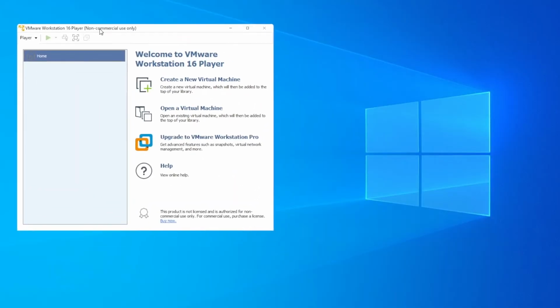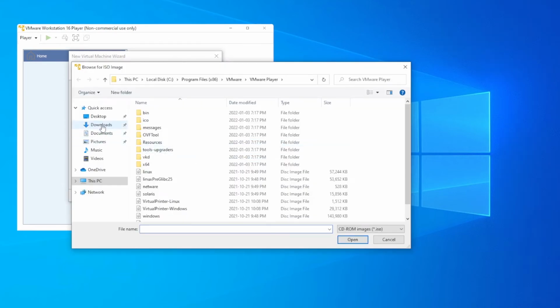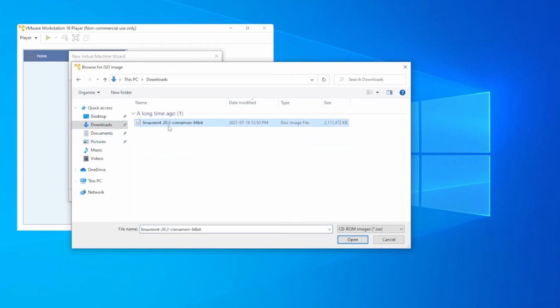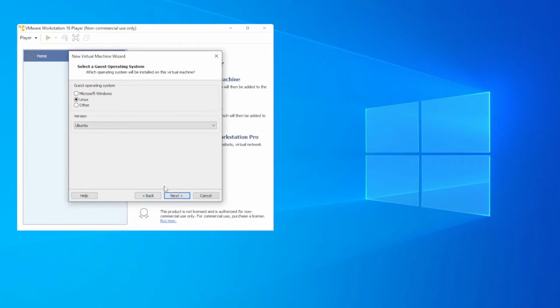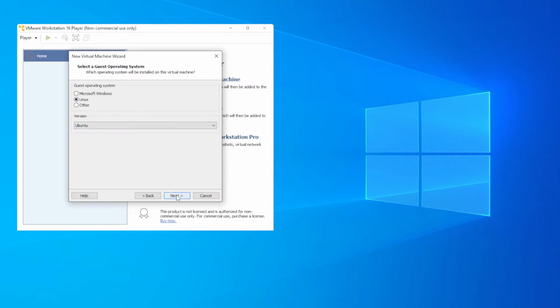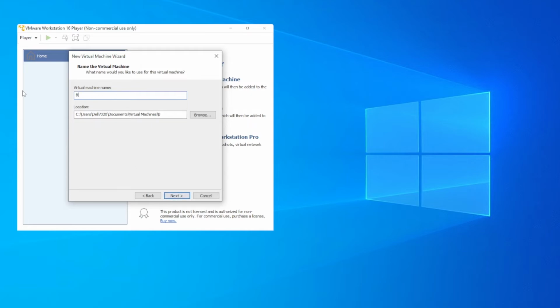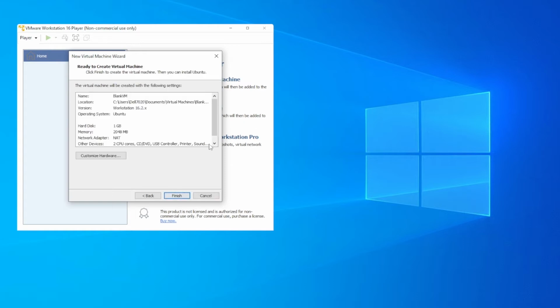So open your software, VM workstation, and create new virtual machine. Install from ISO, browse it to where you downloaded it, or if you already have it, and click next. Now there's going to be a Linux operating system. Name it whatever you want, and for the size it can be 0.001, the smallest. The store is a single file, very important.